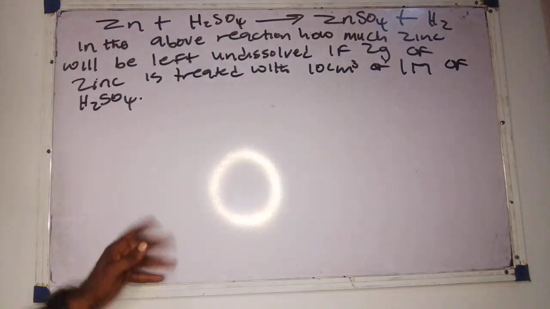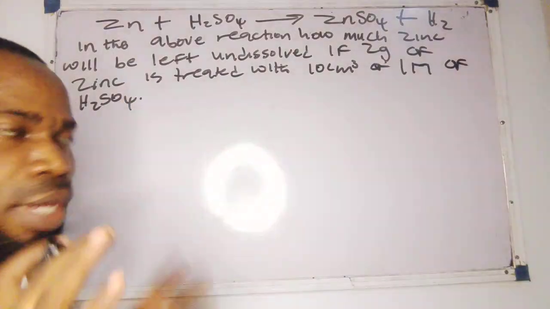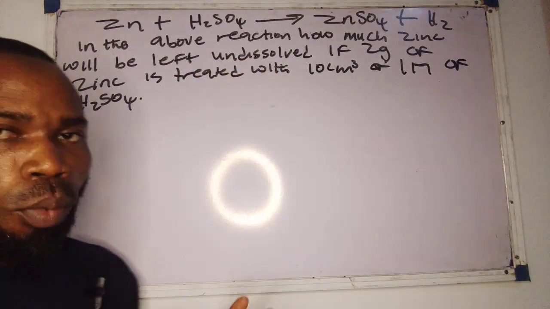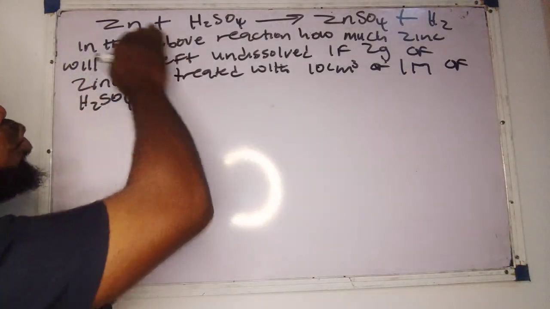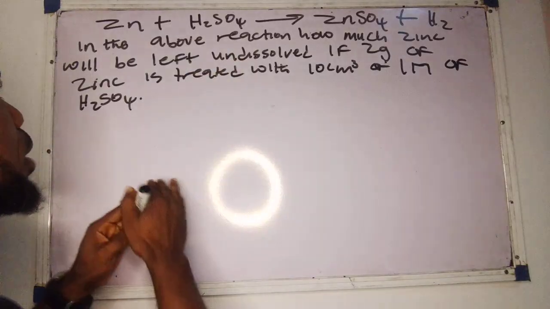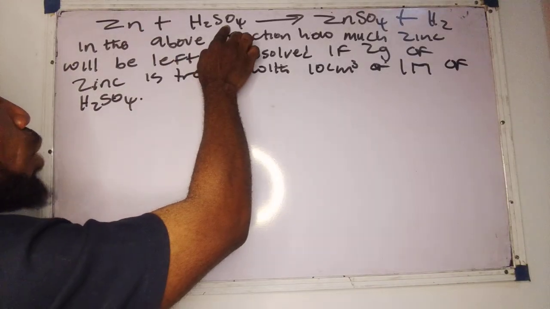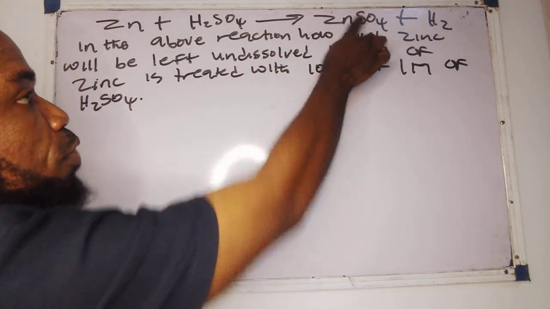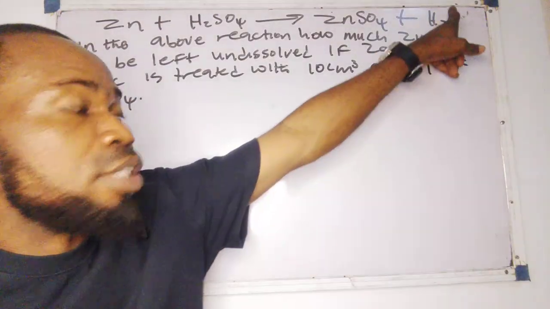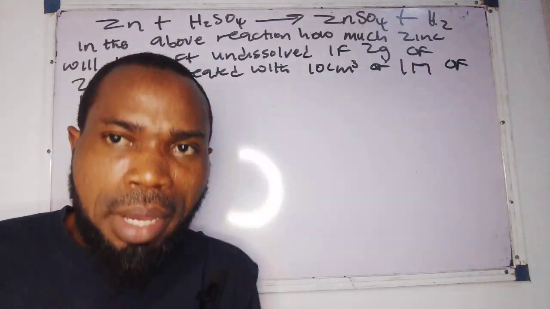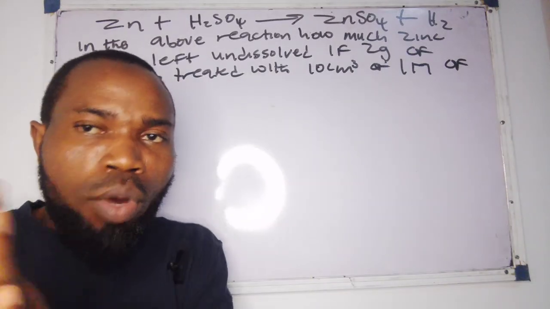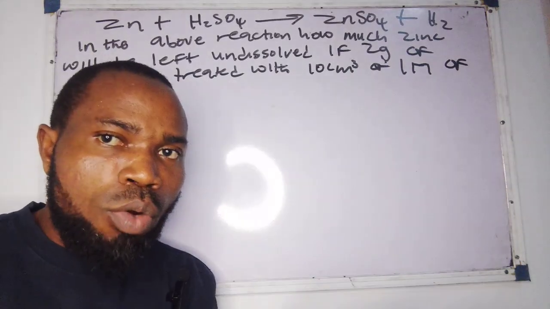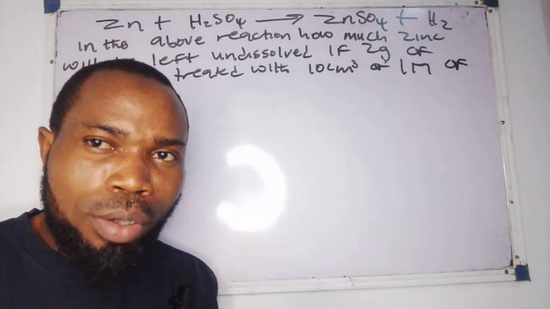Looking at this question, it is coming from mass relationship. They gave us the equation. They said zinc reacts with H2SO4 to give zinc sulfate, which is a salt, and of course, hydrogen gas is liberated. When metals react with acid, hydrogen gas is liberated, except the only acid that cannot do that is HNO3,